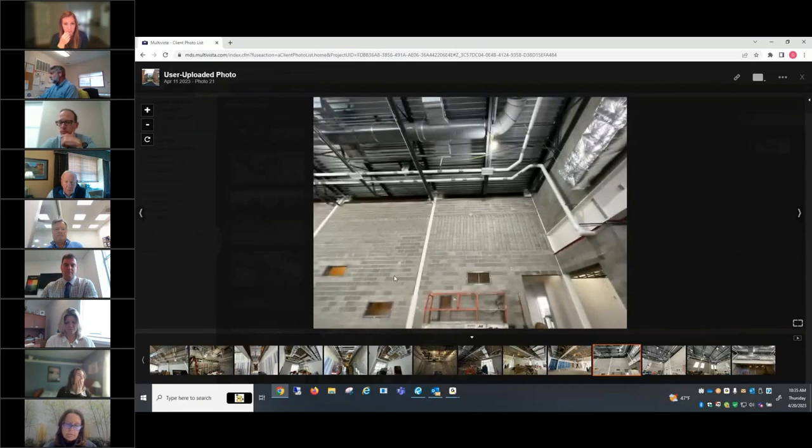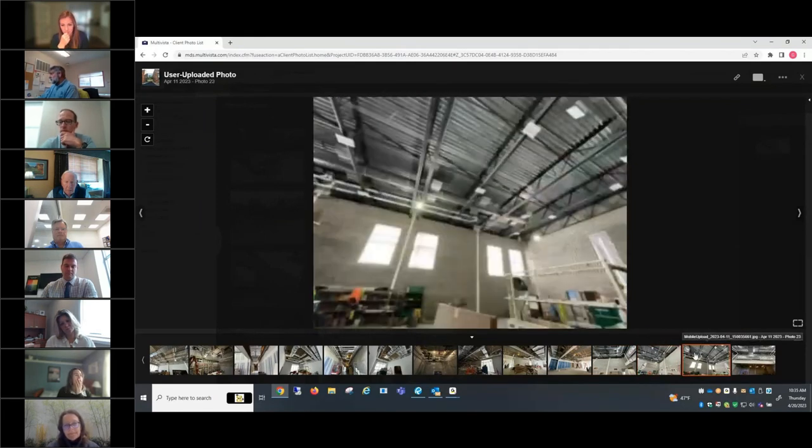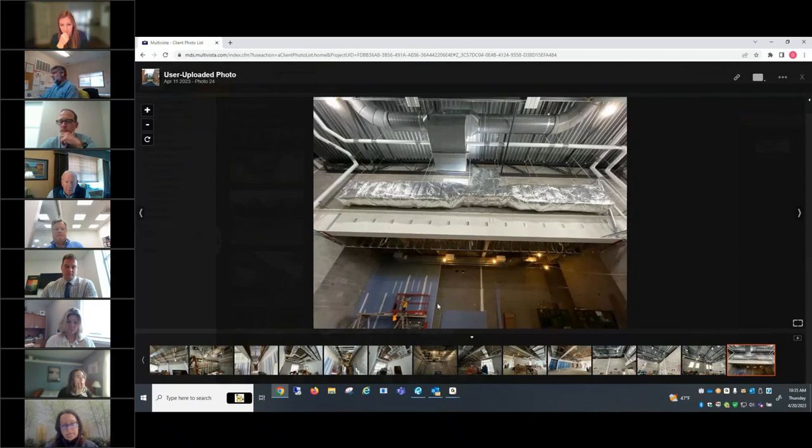Now we're into the gym. And that's the kind of the stage area. There'll be a soffit up in here, and then we're into the stage area. And that's it. I don't know if there's any other questions. Hearing none,